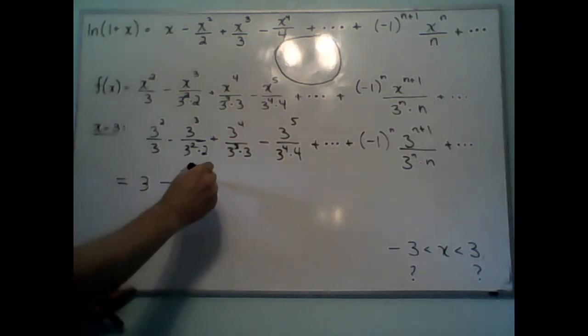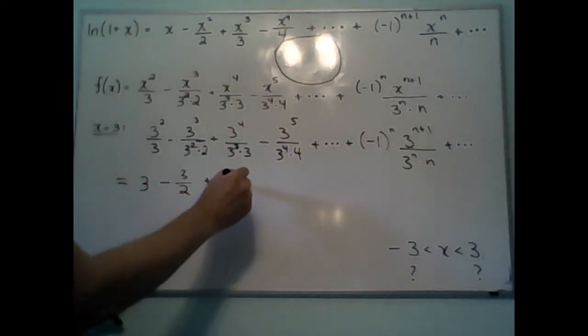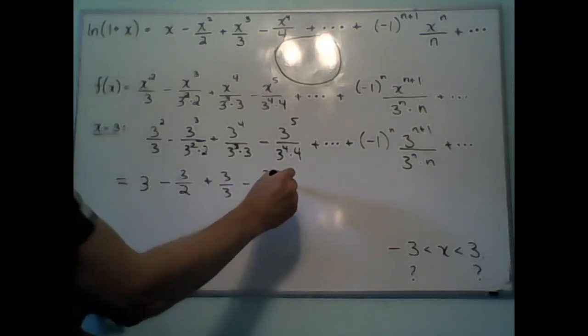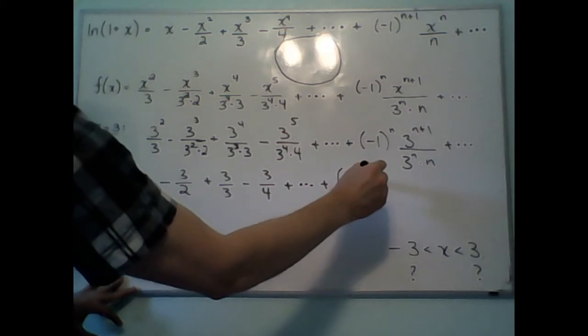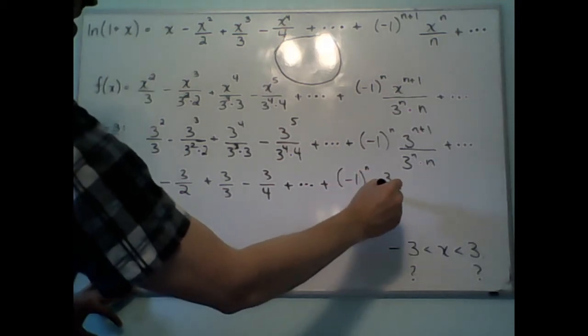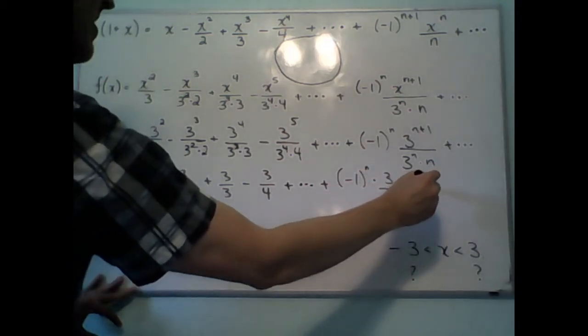Whew. Plus 3/3 minus 3/4 plus, plus -1 to the n times 3 over n, plus